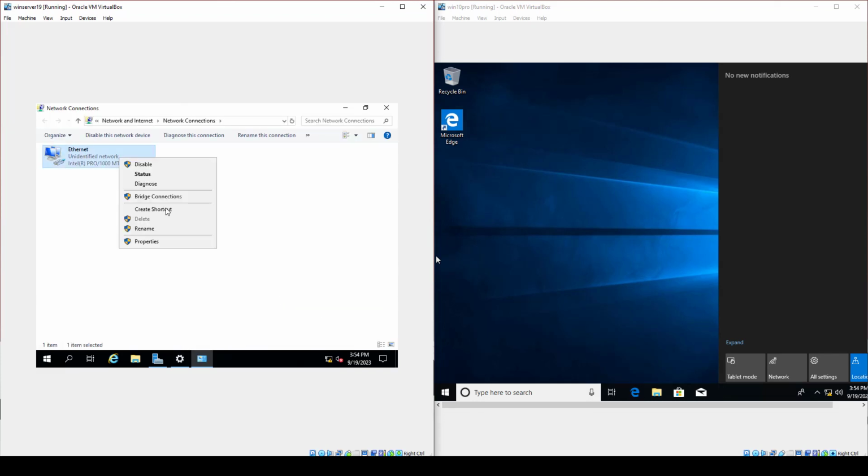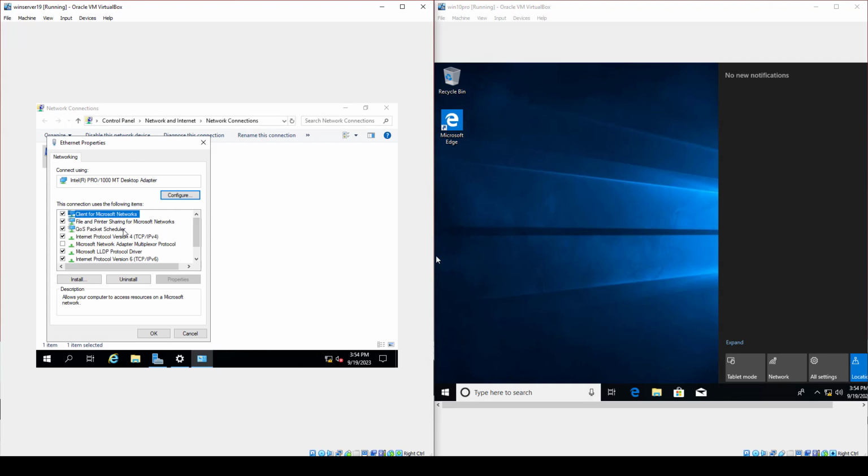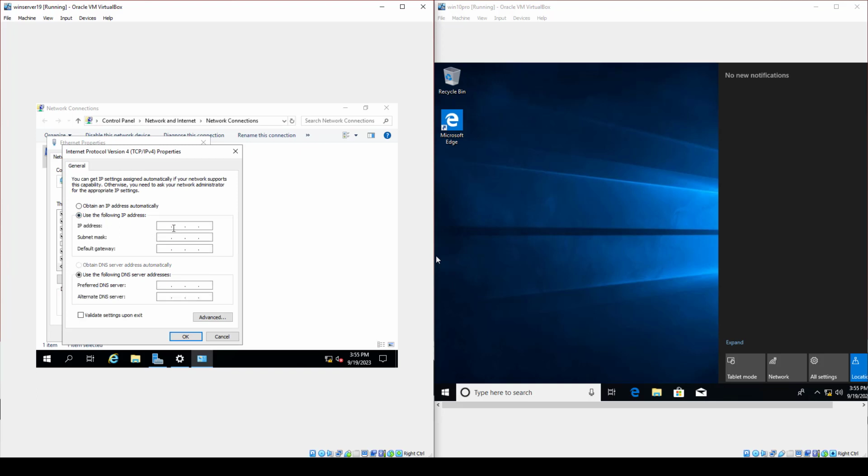We can right click and go to properties. What we're looking for here is IP version 4. Double click. What we're going to do is set the IP for the server. So you can do 192.168.0.1. You can see the subnet mask has been calculated, and we can use the default gateway the same as the IP address